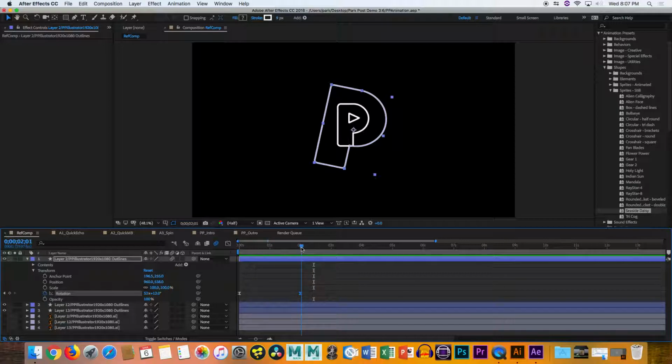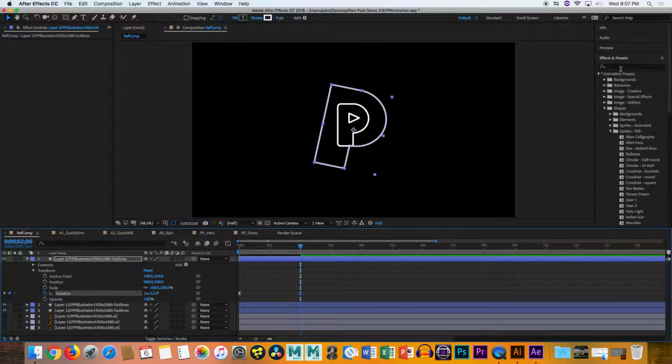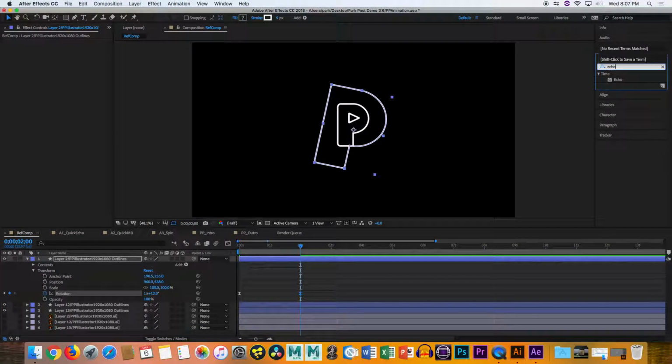You have to use it, but we are going to do one other thing that's similar to motion blur. We can touch on that right now while we're here. So motion blur is generally the way you go about creating that sort of blur effect that we simulate in real life, but there's another way to do it. I'm going to disable the motion blur and make something less drastic here. If we go over to our effects and presets and punch in echo,